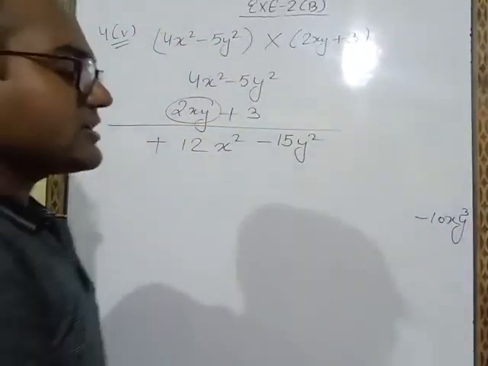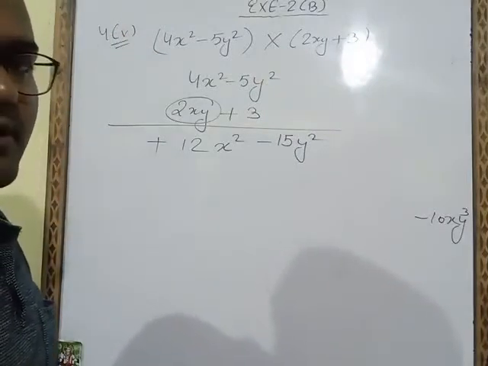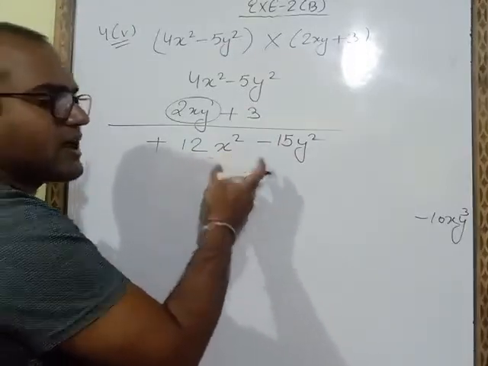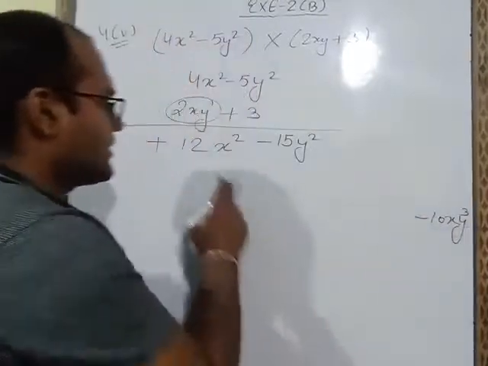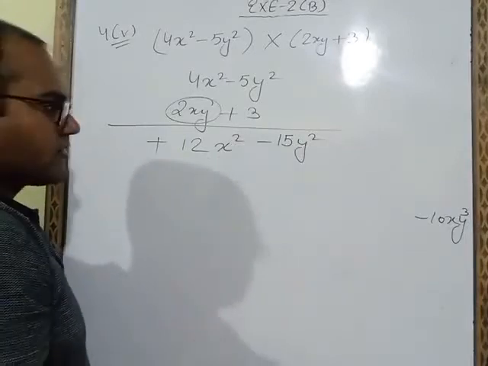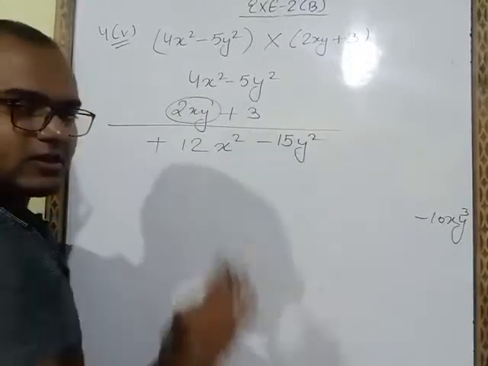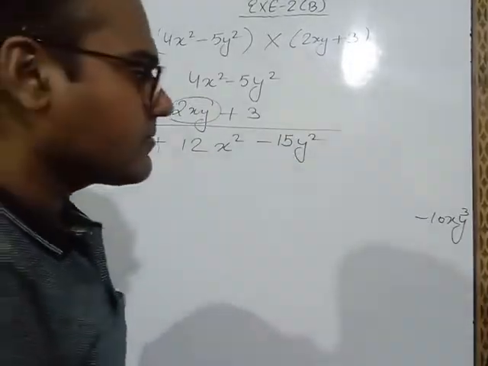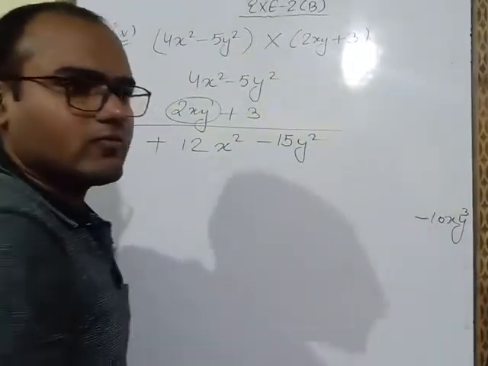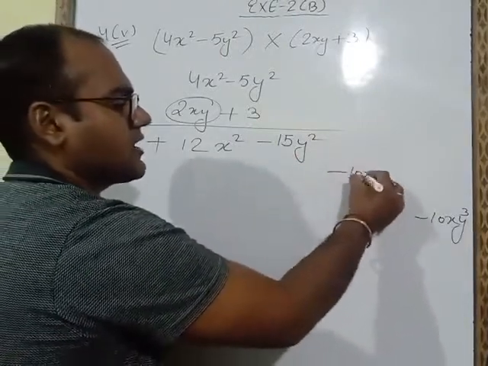But this minus 10xy cube you have to write under the same alphabet term. In the first line here you will observe no term is having xy cube. Here alphabet is coming x square. Here alphabet is coming y square. When we had multiplied this 3 with two terms, we got these two things. But here in these two things you will observe xy cube alphabet is not there. So what we will do? This minus 10xy cube we will write separately. Here at the end we will write minus 10xy cube.